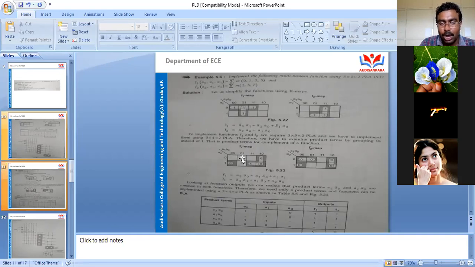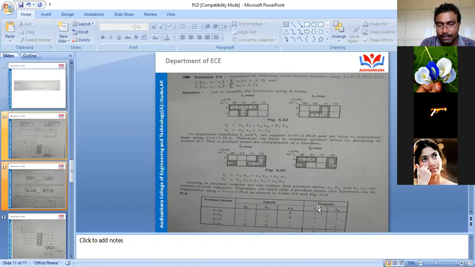Look here, students. After taking complementary values, you're getting F1 bar and F2 bar. Instead of getting F1 and F2, since I'm taking the complement, instead of grouping ones, I'm grouping zeros. So I'm getting F1 bar and F2 bar. Now you check, are you getting the same condition or not? Are you getting 4 product terms or not? Definitely you will get 4 product terms. If you're not getting them in the original function, you will definitely get them in the complementary function. Then design a PLA program table. After designing it, look here, students. This is very, very important.